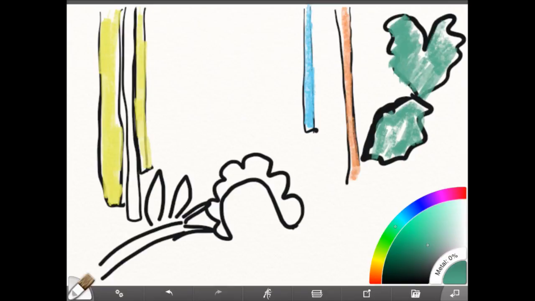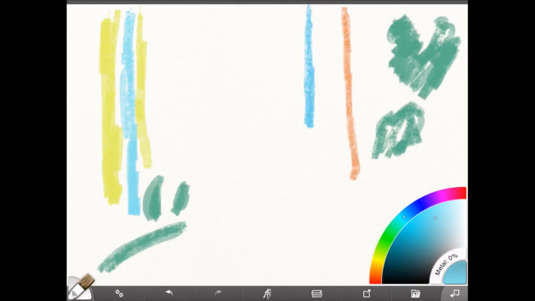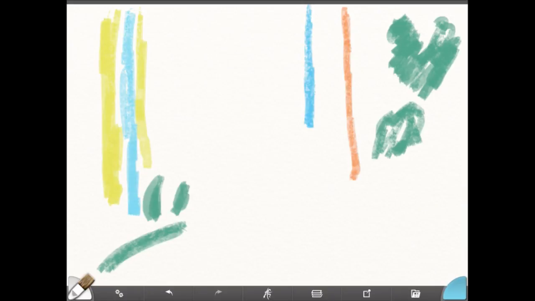Now, say for instance, you've got this going on here, and you're thinking, well, the lines are just really distracting. So take them out. I'm going to get the blue again. Give me one quick second here. I want to throw some blue over here. All right, I'll come back to my line, take that away, and then all I've got left are the shapes